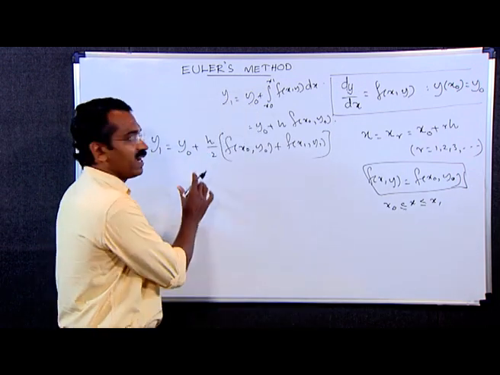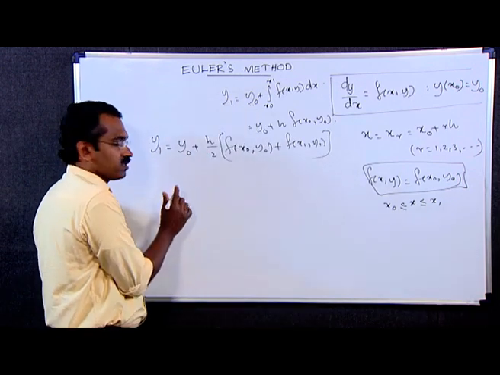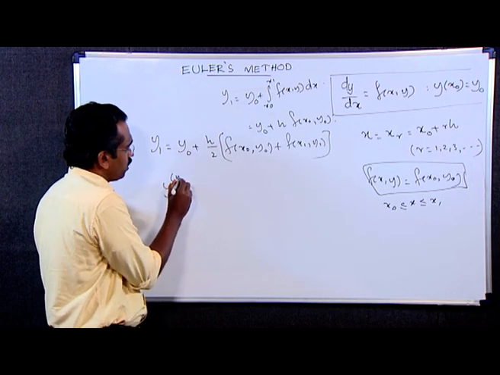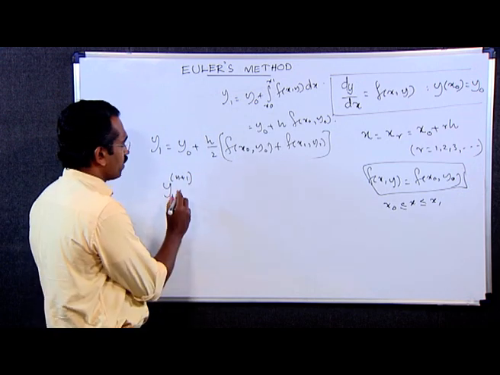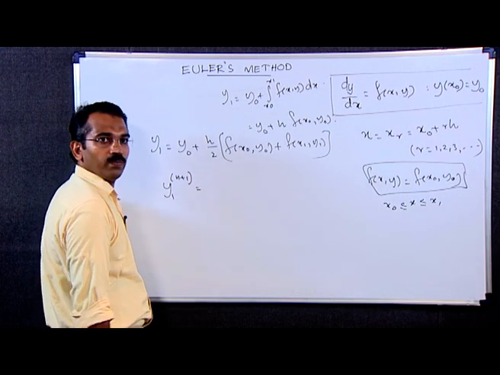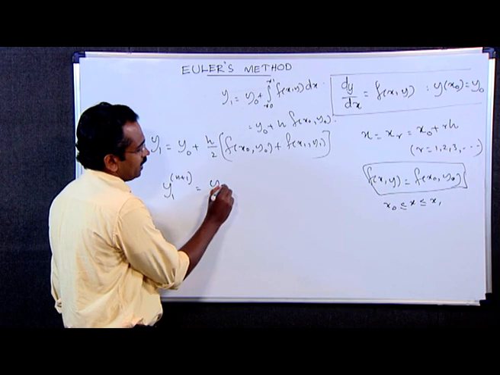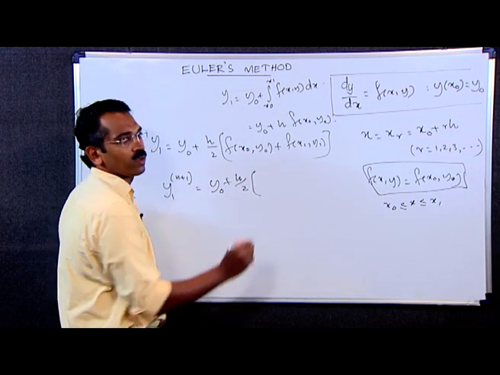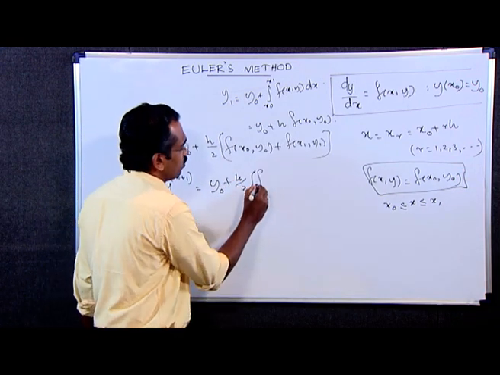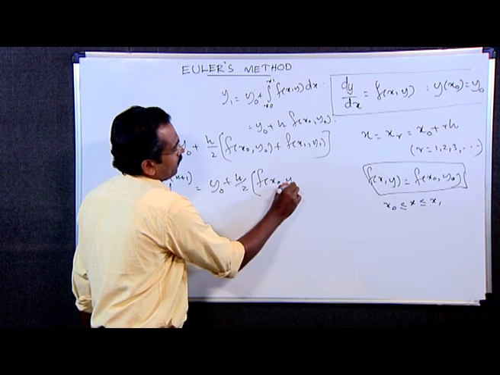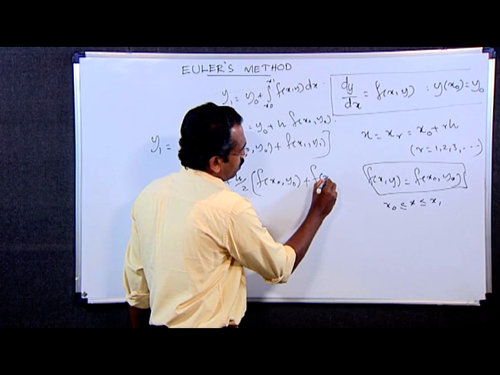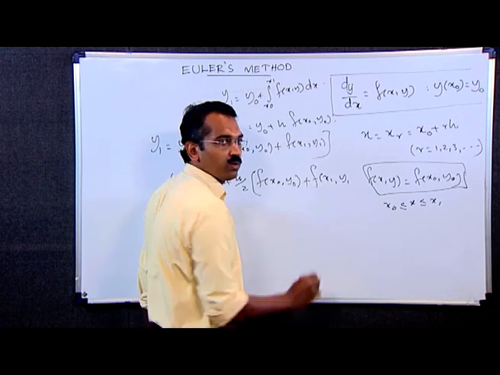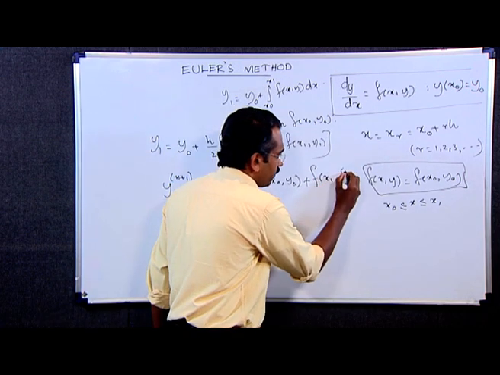The corresponding iterative formula can be written as y1 (n plus 1), that is the n plus 1 approximation of y1, is equal to y naught plus h by 2 into f of x naught y naught plus f of x1 comma y1 (n),